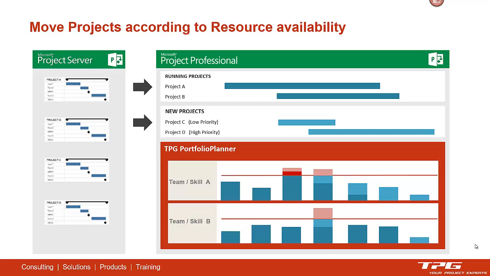Project C is low priority. So the question is, how far do we have to move this into the future so that we can remove the over allocations of the two teams? So just move a bar in a Gantt chart to see what the impact is on resource availability. And based on that, we can say, okay, move this project to that certain date, and we will be fine